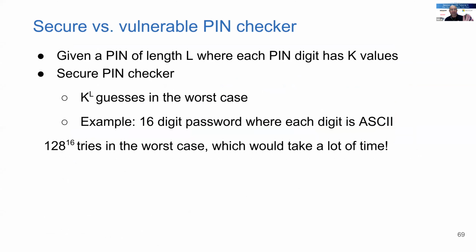Now, again, this pin checker is not a toy example. This kind of side channel does exist in reality. Let's have a 16-digit password, ASCII characters, let's say 128. If you don't have a side channel, so execution time is constant with no early termination, to get the password you will need 128 to the 16 tries in the worst case. But if you have the early termination side channel, it becomes the segmented oracle that I mentioned.